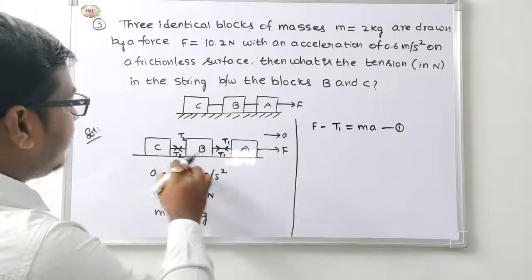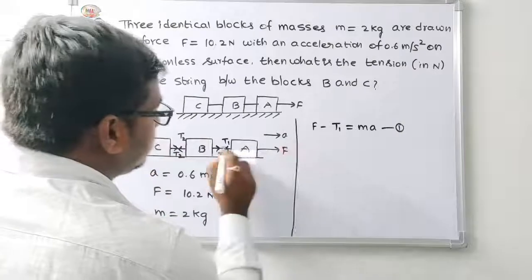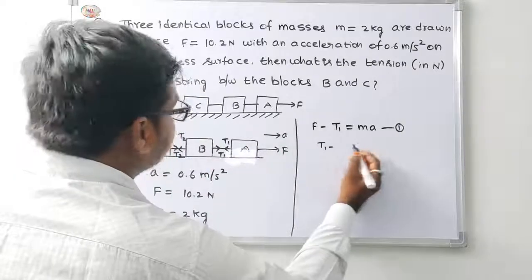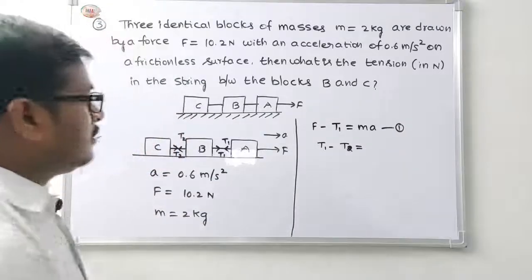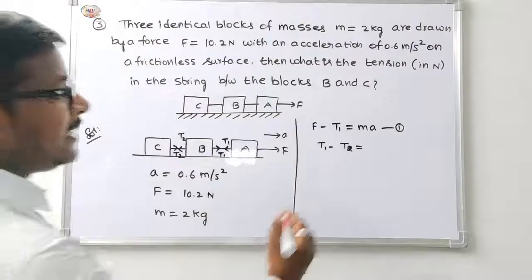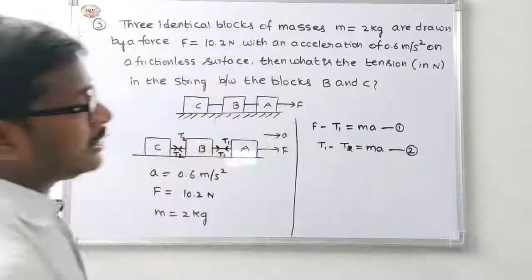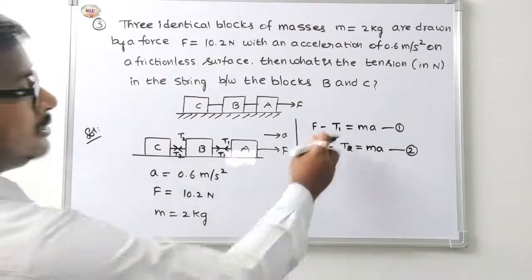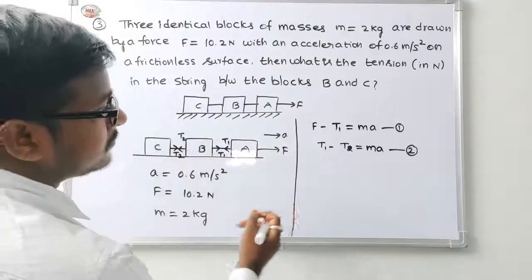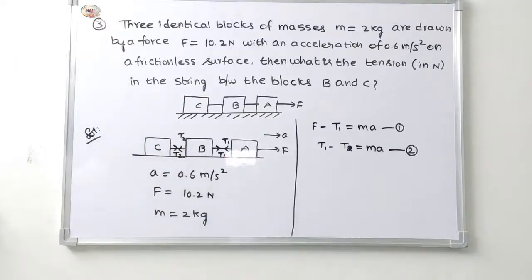Next, for the blocks B and C: T1 minus T2 is equal to ma. This is equation number 2. By adding these two equations we get